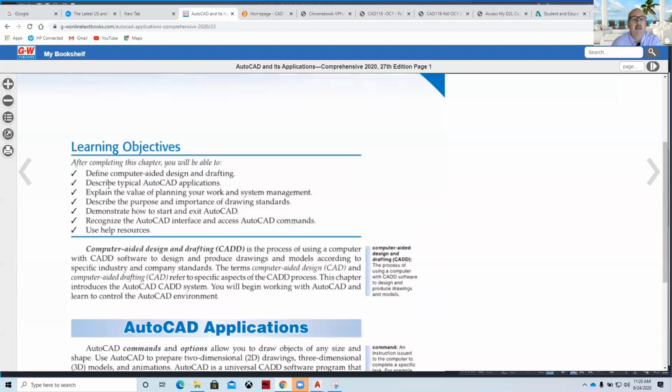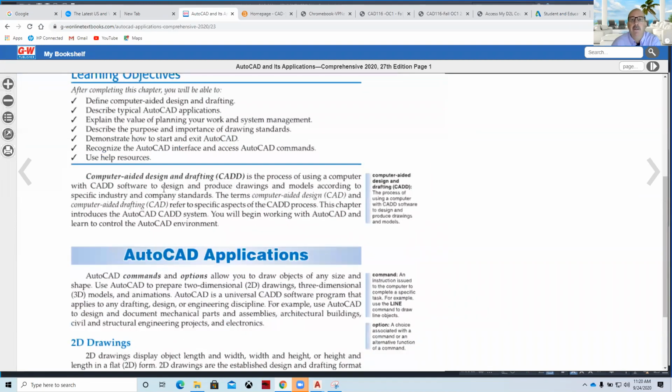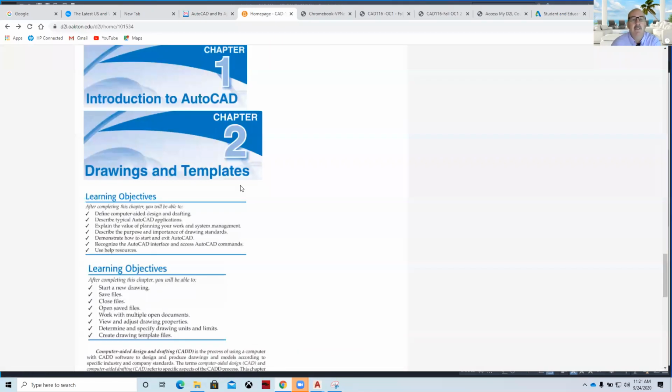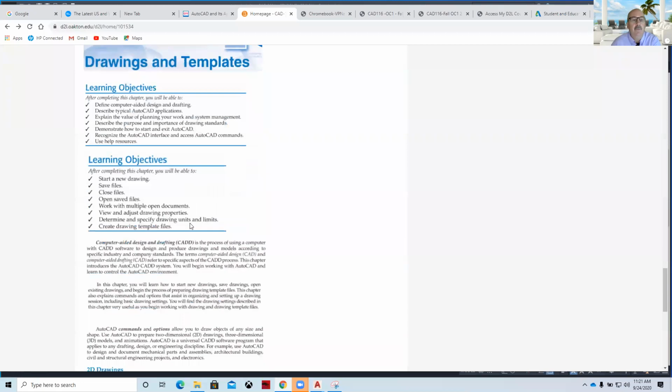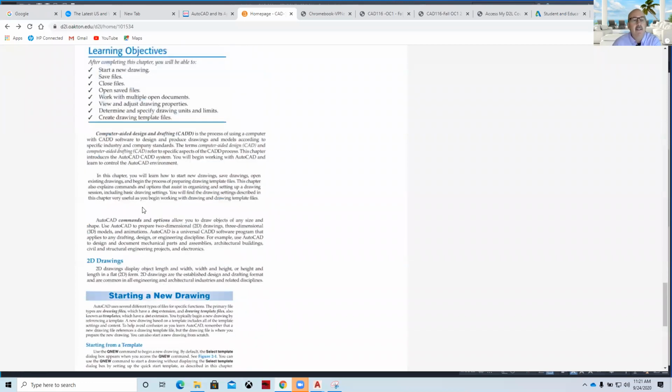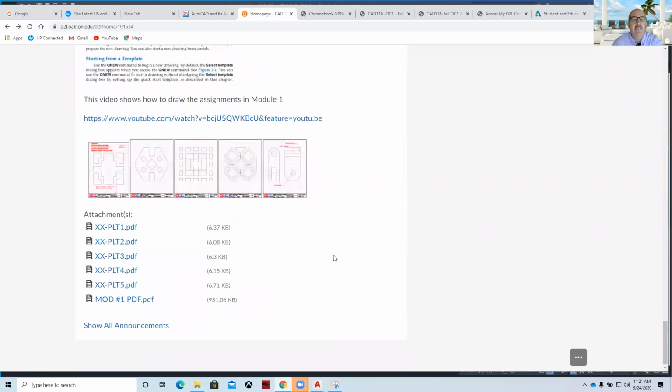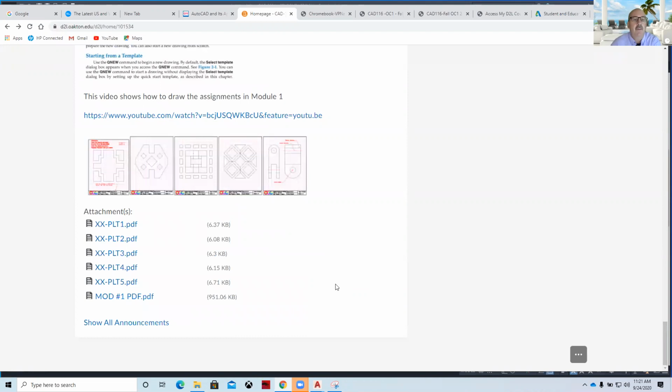And the first chapter goes through just some basic learning objectives like what is computer-aided design, describe applications, etc. And we've been doing these classes for quite a while, and so we put some of our own content in there as well. And so as we look at this, we map it to the textbook. So you're to read the textbook assignment. And then here's our basic CAD assignments. And we developed these over the years. If you click on this link right here,